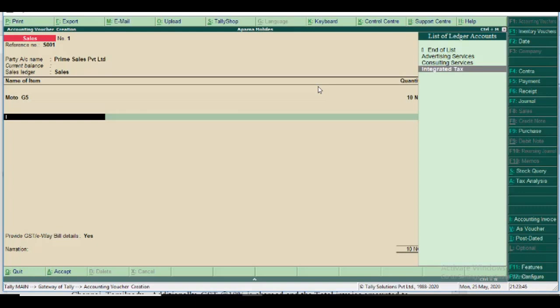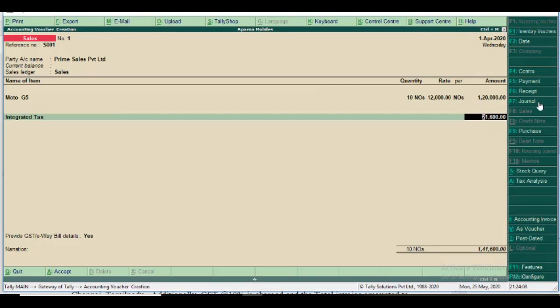Within the state, the GST applicable is central tax and state tax. So Tamil Nadu to Kerala, we are in Tamil Nadu, our party Prime Sales Private Limited is in Kerala. So it is interstate sales. So integrated tax we selected.